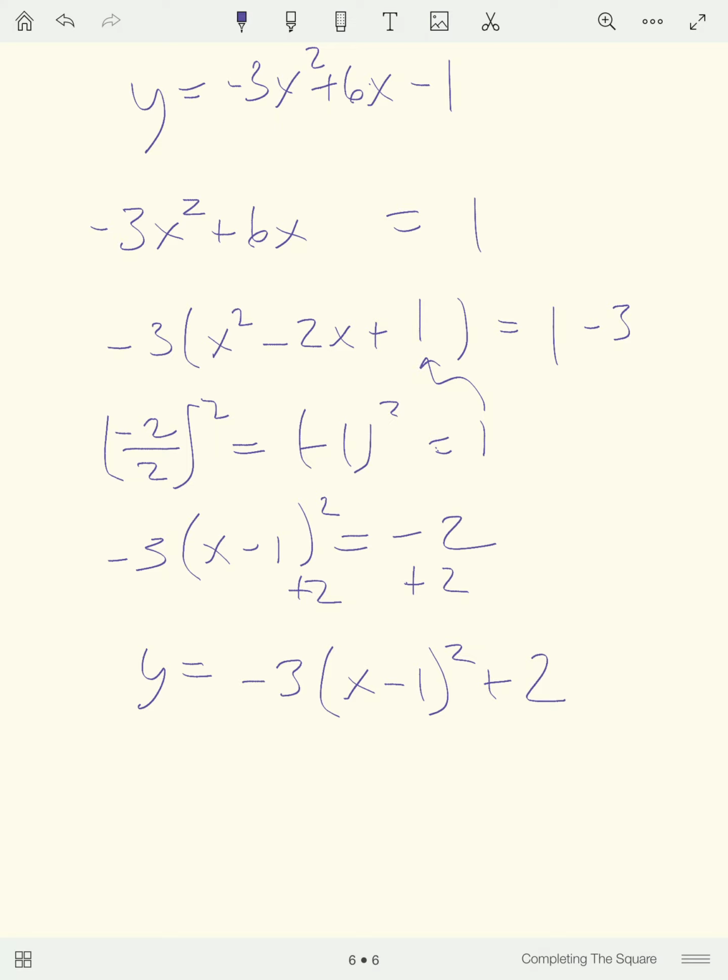Again, solving this equation by completing the square is pretty straightforward as long as you follow PEMDAS, so I'm not going to run through this one to the end either. Let's move on to the next step. Hopefully you're still with me. Our next problem is going to be our hardest one. If this makes sense to you, you're probably on a good track to be doing well with completing the